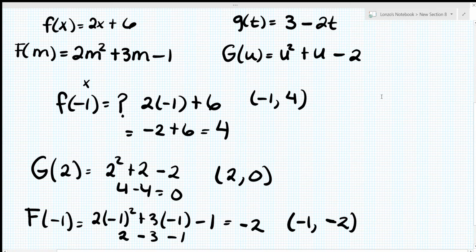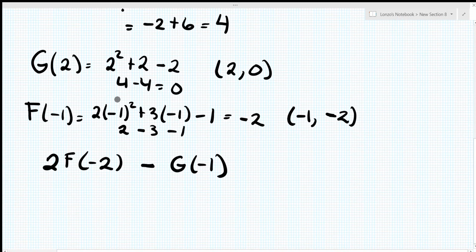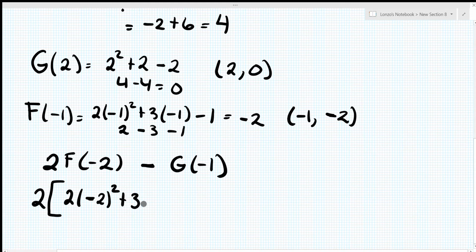Right, so remember those two functions. Now what they're saying is you're going to plug in big F of negative 2 minus G of negative 1, and then you're going to multiply that whole thing by 2. So I'm going to put a 2 here, and then multiply it by this F of negative 2, so I'm going to put a bracket. When you plug in negative 2 into big F, you're going to get 2 times negative 2 squared plus 3 times negative 2